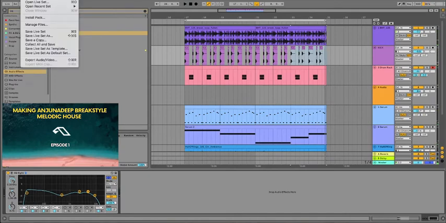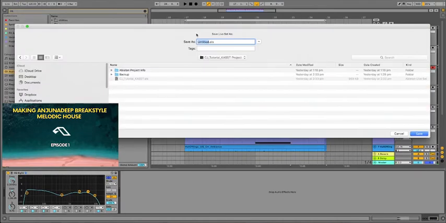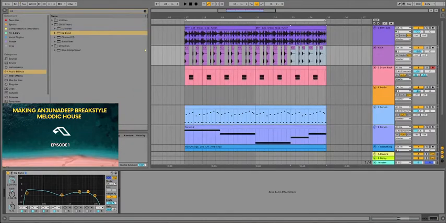I'm happy with that so far. Probably should save this in case I lose it. Let me see where I can dump it. Just create a new folder.